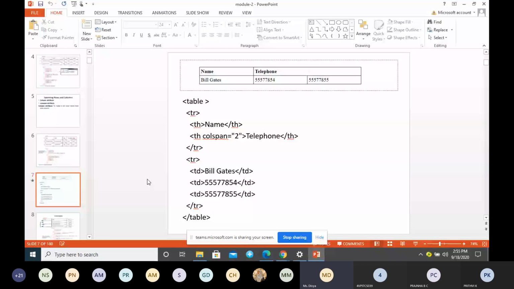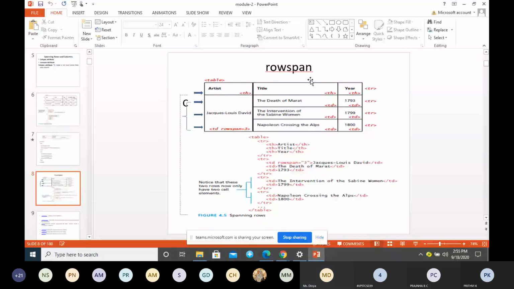So the next one, row span. Same as column span, similar to that. In column span we are merging columns, and in row span we are merging the rows. So look into this. There are 3 headings. But when we come to rows,